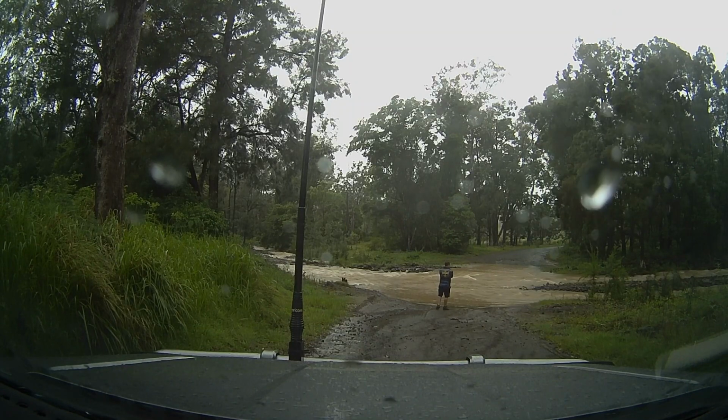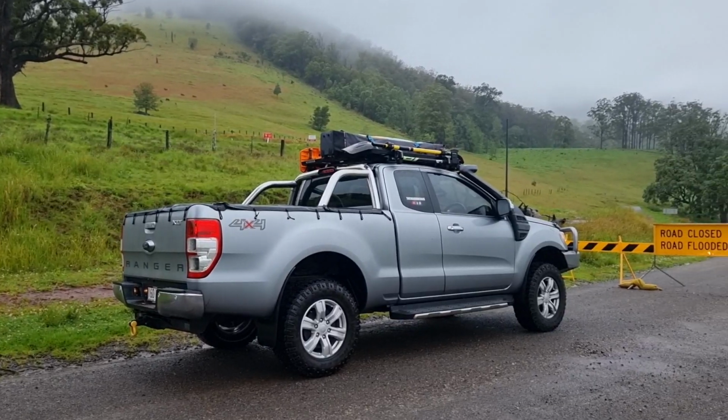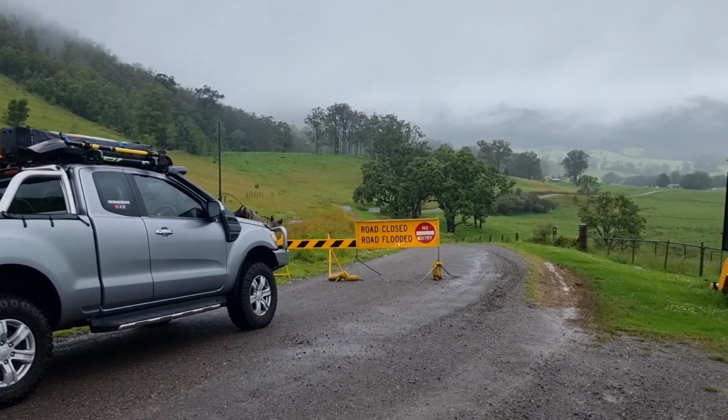The road was completely washed away underneath it, rocks everywhere as you can see by the water splashing up, so there was no going through here. Turn it around. And with this other road already closed, I had no option but to backtrack, back through my